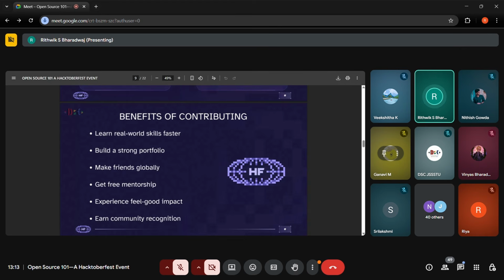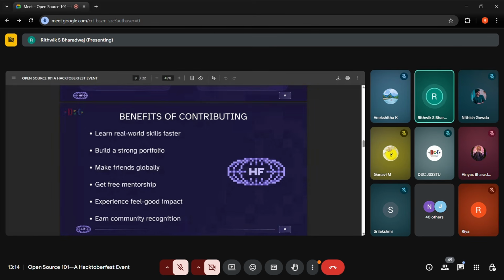Now let's take an example. Say you're trying to learn a skill, right? Say you're trying to figure out how to build websites. You're learning HTML, for example, right? Now, when you're learning HTML, the best way to get better at it is you get hands-on, you build a project on your own, you code a website out yourself, right? Now, say there is already an existing website somewhere, right? You want to contribute to some website, they're open source, their code is open source.